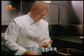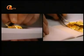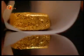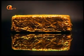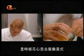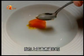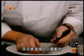There we are. So there it is, that's my langoustine stock cube. Next stage, I need to cover it in gold leaf. And there's my gold bullion bar. With all the gifts of the three wise men finally included, it was time to turn my attention to the garnish for the dish. I add egg yolk cooked with saffron to the plate, langoustine meat from the shells we used for the stock cube,